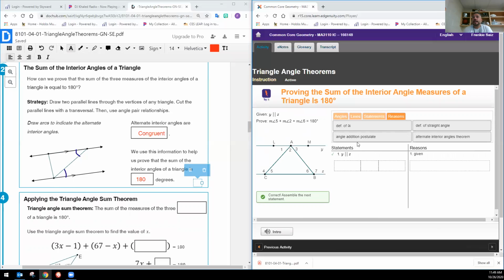Now we are proving that the measure of angle 5 plus the measure of angle 2 plus angle 6 is equal to 180. That's our last statement, and that's what we're going to be proving. Okay, so let's see what we have. So now we know that the measure of angle 1